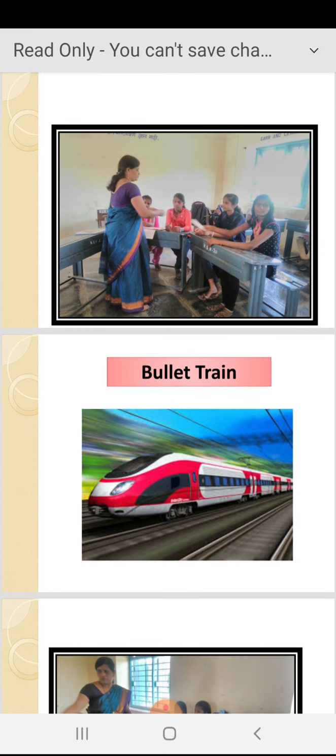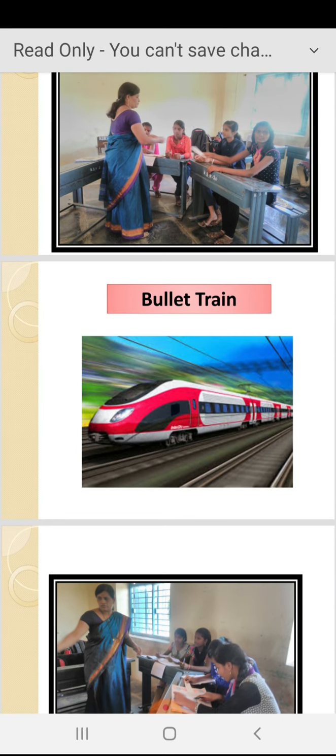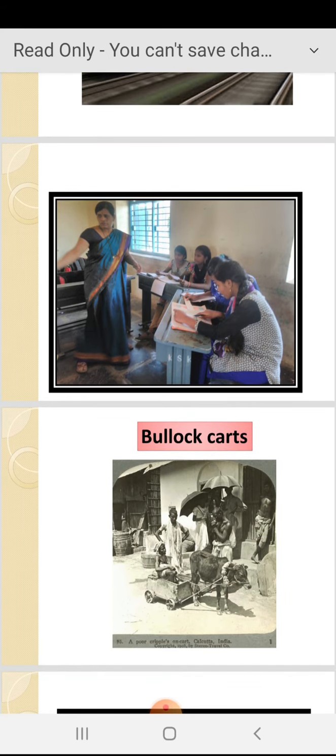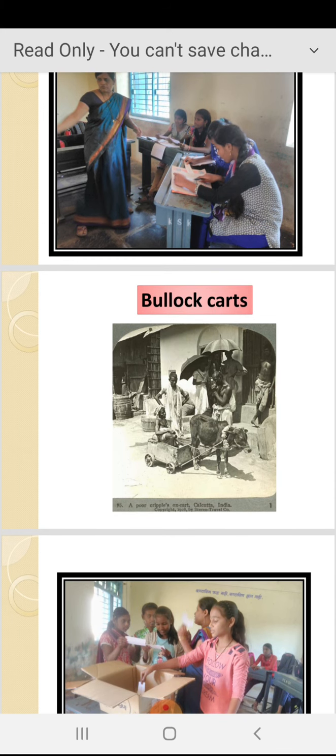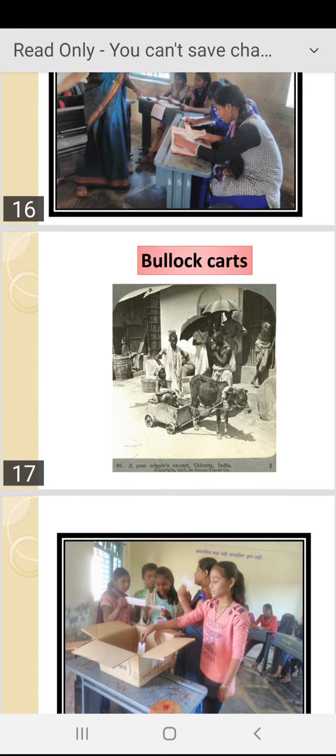Bullet train. These trains have all facilities and they run on an electronic system. Bullet train, yes, modern and futuristic also, very nice. Then see bullock carts. Yes, can you tell me the meaning of bullock cart? Oh, very nice, very good. Bailgadi. Barobar, very nice, good, correct. Yes. Where do we put this word? Ancient, modern or futuristic? Ancient.